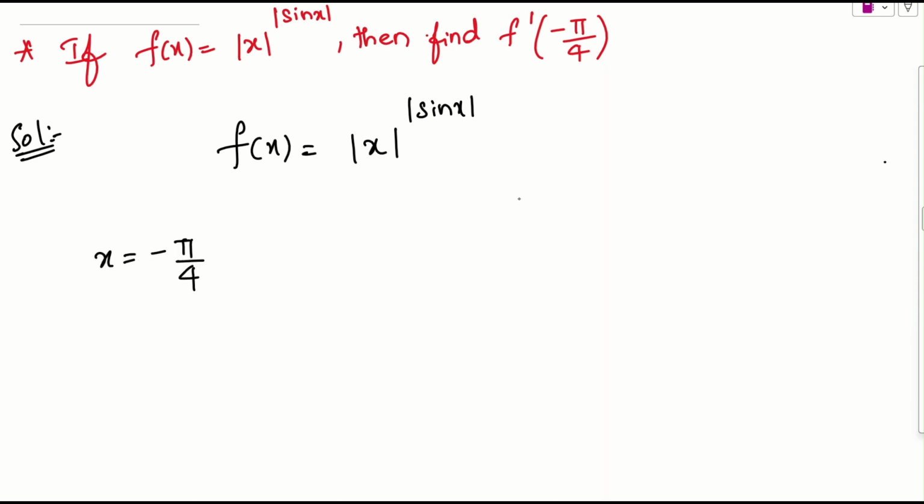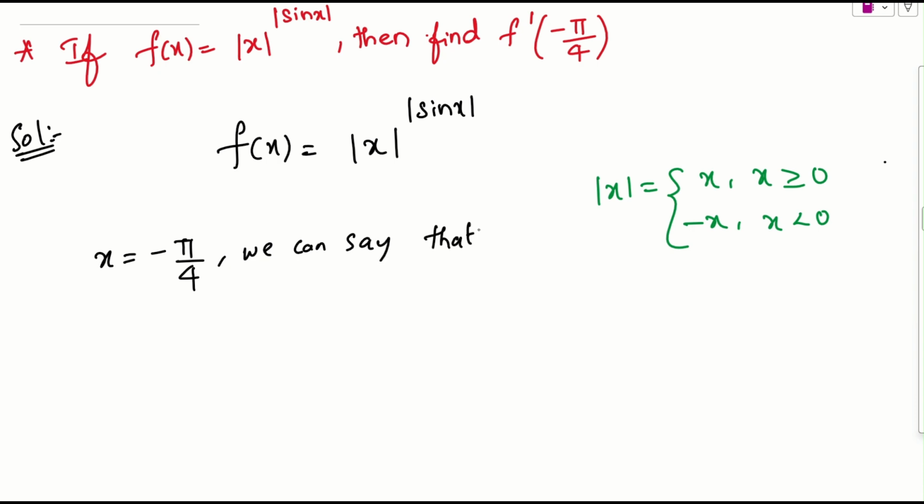by 4. From this we can conclude something. Let me write the definition for mod x. If you remember, mod x value will be x if x is greater than or equal to 0, and minus x if x is less than 0. Is it okay? So from this, at x equals minus pi by 4, which is in this neighborhood, okay, so